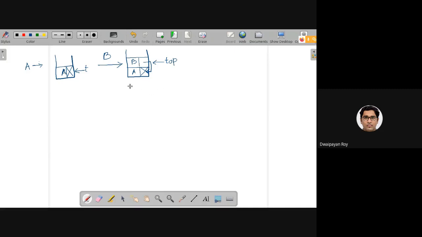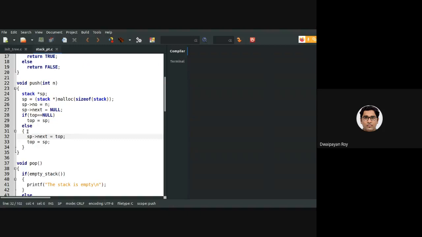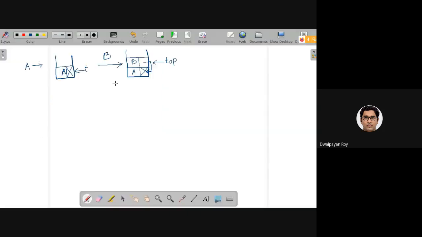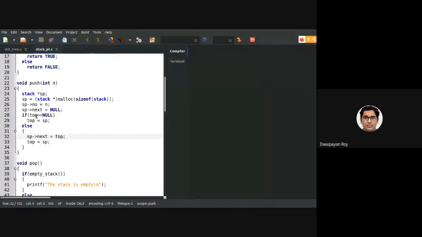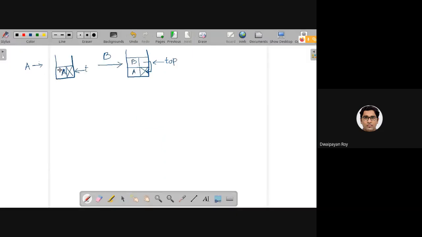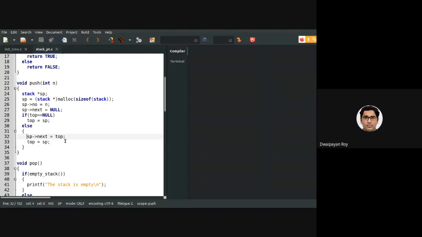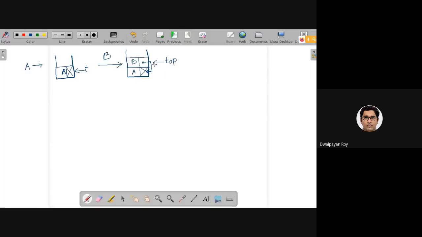After creating B, as you can see from this code, SP is the newly created node, which in this case is B. So I'm setting SP next equals to top. Earlier top was this, and this was the next of SP. The next part of SP I'm setting with the value of top, as you can see with this line, and then I'm setting the top to point to the newly created node.